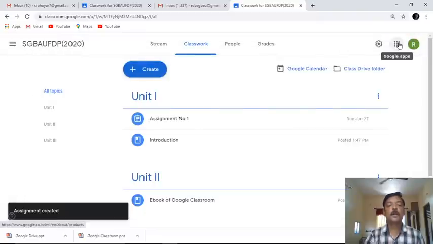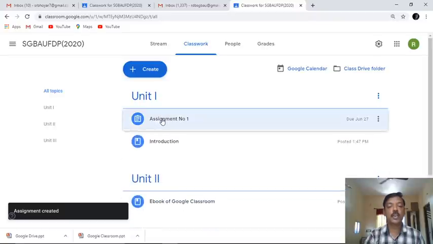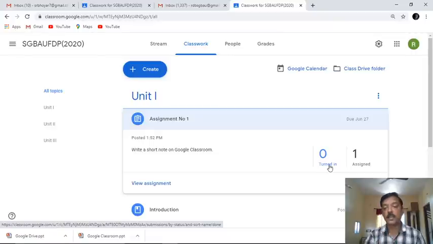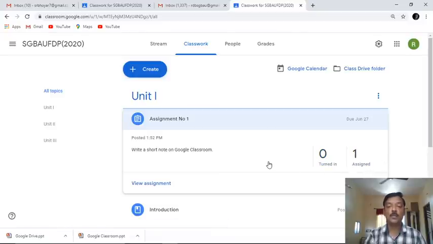So now this particular assignment, you can see under unit number 1 we have the introduction part. Again one assignment is there. I'll click on this assignment. So you can see at this moment this write a short note on Google Classroom has been floated to the student, and it is assigned to one student. Turned in indicates how many of them have submitted the assignment. At this moment no student has submitted, so turned in is 0 and assigned is 1. Okay, so again I'll move into the